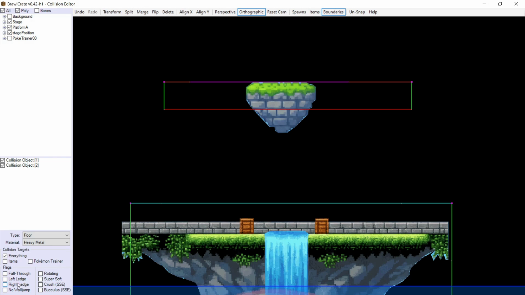Then there's ledges. So over here, on this collision object, a character could hang from this because this would be marked as a left ledge, and over here, this would be marked as a right ledge. You would toggle those on. If you don't want a wall, such as this,